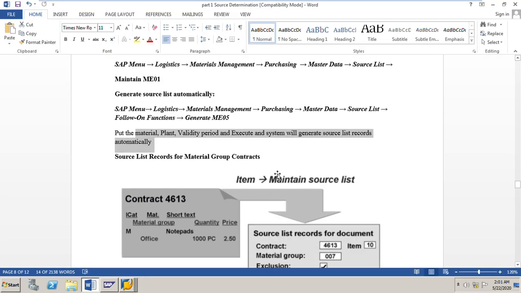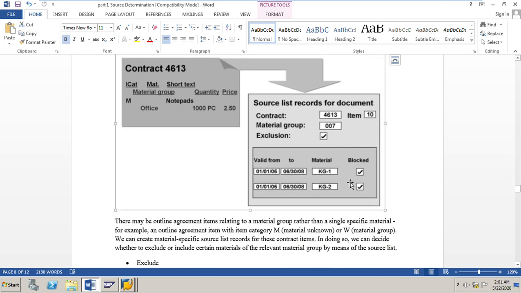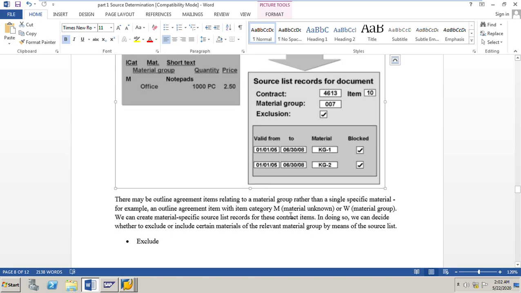Next point here: source list record for material group contracts. Here there may be outline agreement items relating to a material group rather than a single specific material. In the topic of contracts, I already explained what this material group contract is and how to create it.